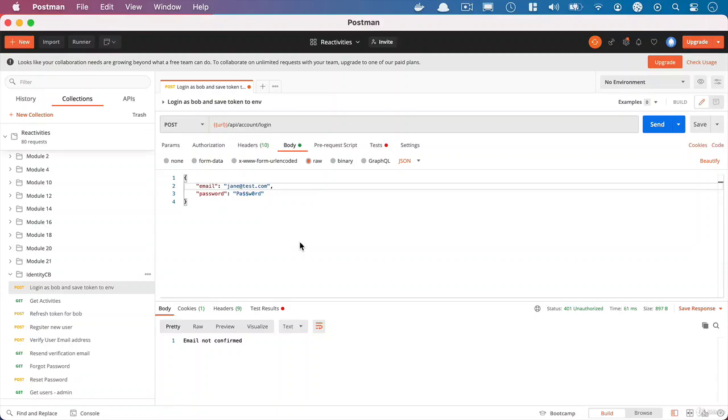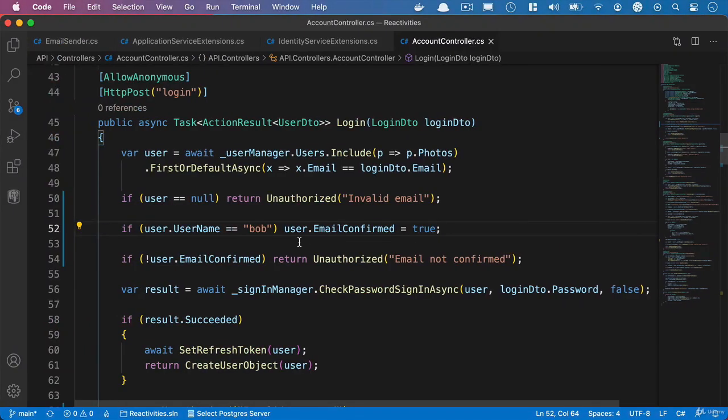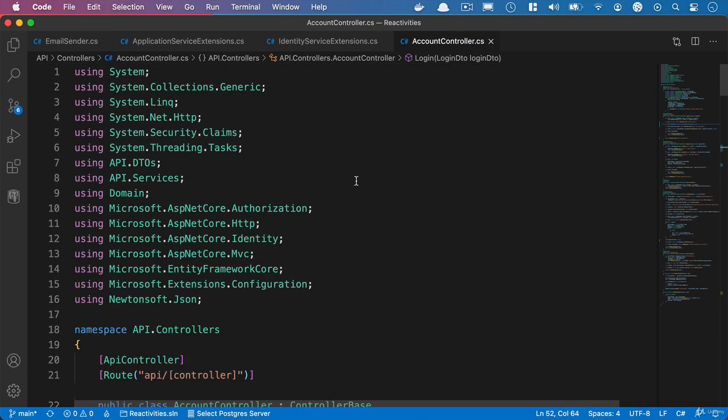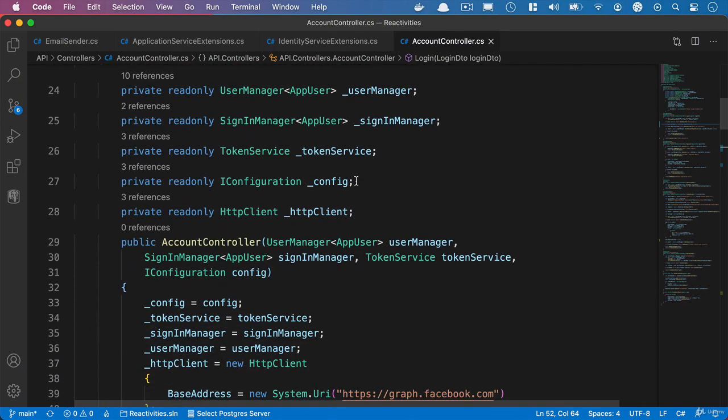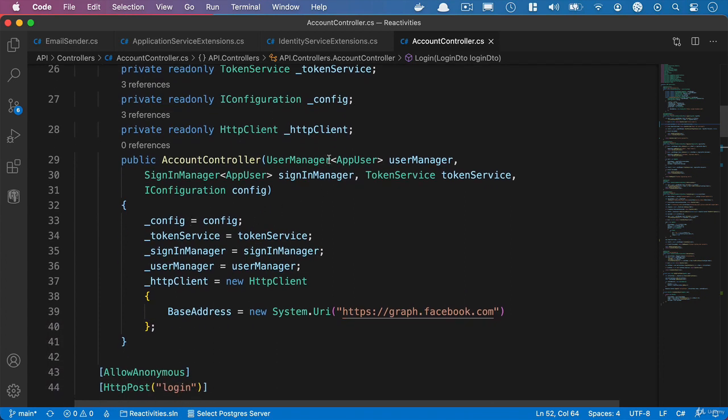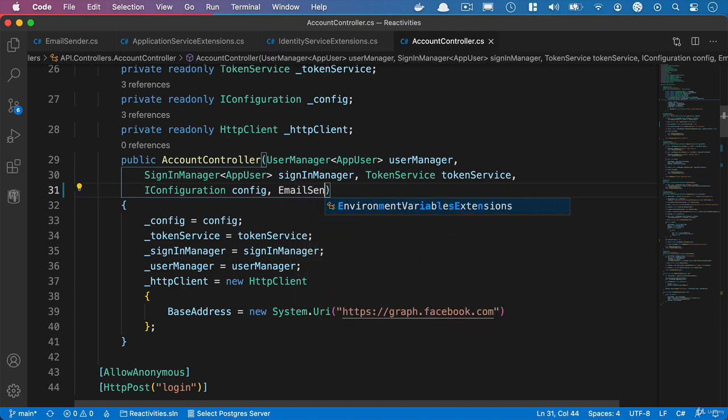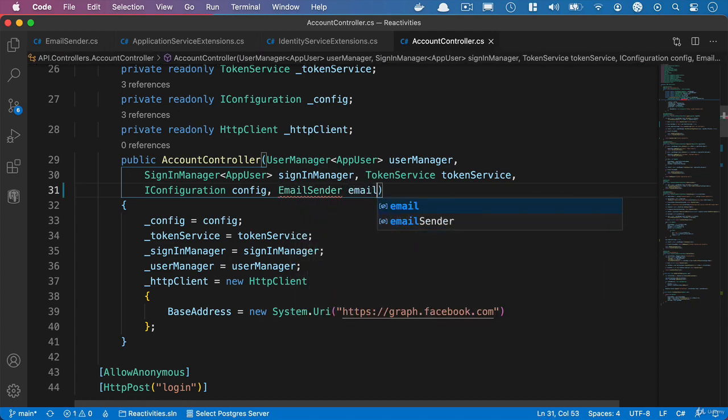Okay, now let's take a look at our register method, and we'll go back to VS Code and our account controller, and we're going to make this controller even busier. We're going to add something else into our constructor so that we can use the email sender class that we created. So what we'll do is we'll say email sender, and we'll just call it email sender,